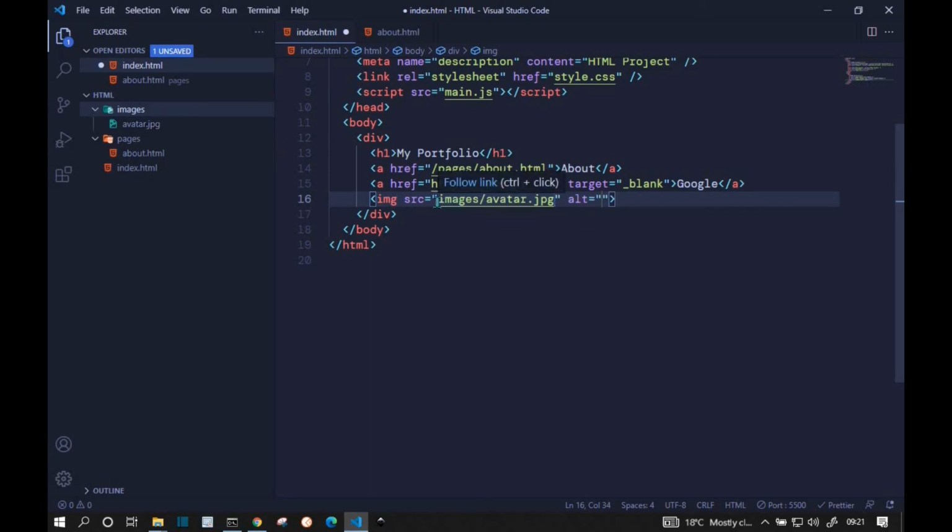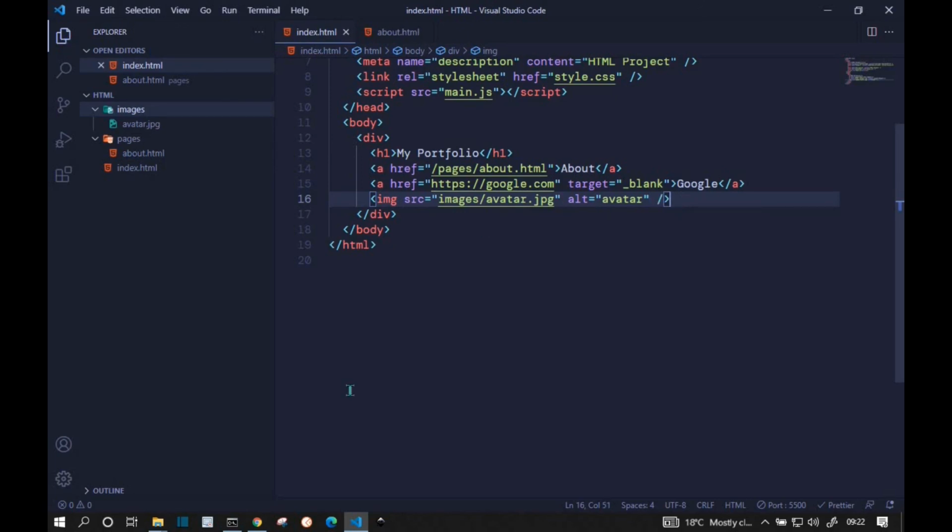When we do this, our browser will assume that this images folder is at the same level as our index.html file. And then right here, the alt provides more information about this image. So right here I can just say avatar, and this is helpful for SEO purposes and accessibility reasons. And you can see that an image is just a single tag. It doesn't have that closing tag because we don't need to add any content in it.